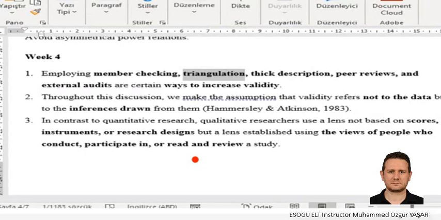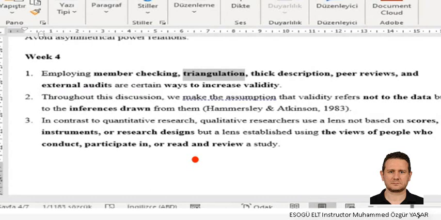For example, you collect data through interviews and you come to some conclusions about your participants' views, and then you also implement another data collection tool, for example, observation. And you will match whether what the participant says in the interview session really matches what you observe.